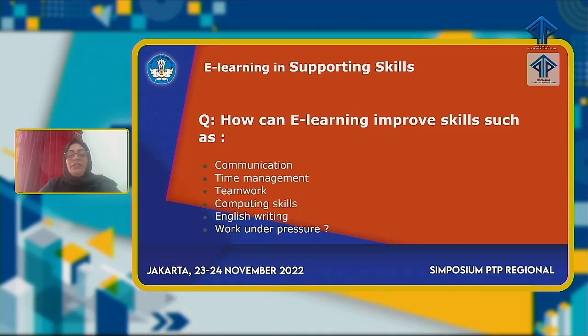And also computing skills. Is the interface of the platform really user-friendly, or does it have a lot of options so that I also practice my computing skills? When it comes to time management, when the teacher puts an assignment and a deadline, do we have an alert from the platform or the website telling me the deadline is closed, or that after the deadline I will not be able to use it because I missed it?